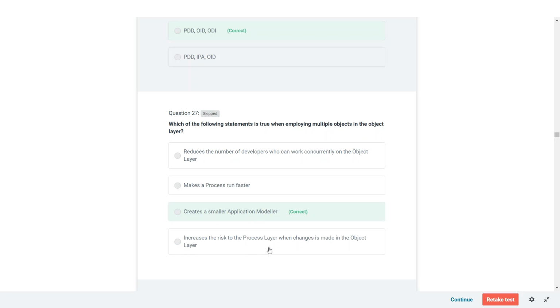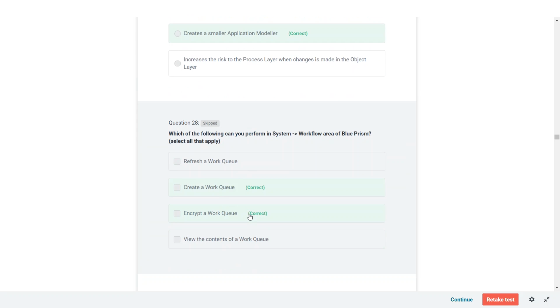Increase the risk of the process layer when changes are made in the object layer. No. Creates a small application modeler is the correct answer. Okay, if you don't understand, please mention in the comments. I will put a detailed description on this question. Okay, we will move on to the next question.